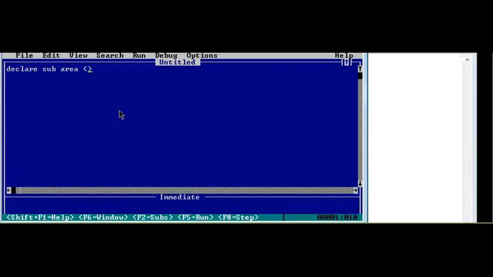Now we write sub area. Right now we are in the example of length and breadth, that is, the area of a rectangle. For the area of a rectangle we need two things, length and breadth.